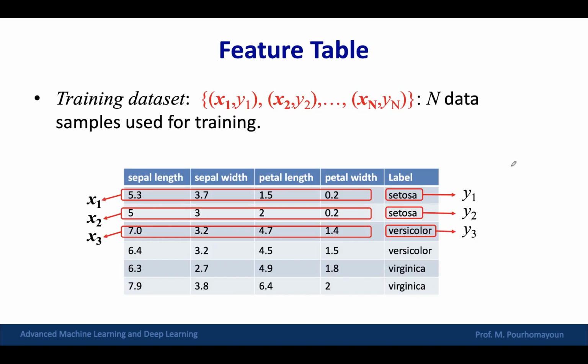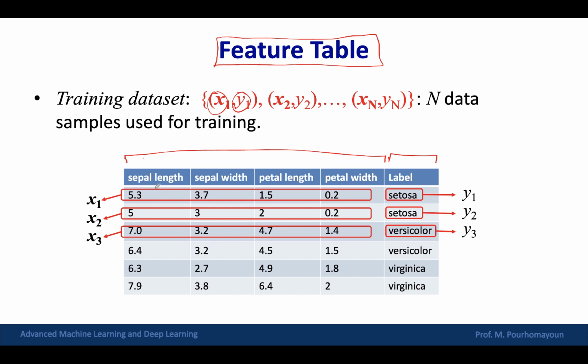Okay, this is training, this is the feature table. The feature table includes your features. For supervised learning, as you see, we have features and we have a label. So your feature table includes features and a label, as many features as you have. This is the way you receive the training data.